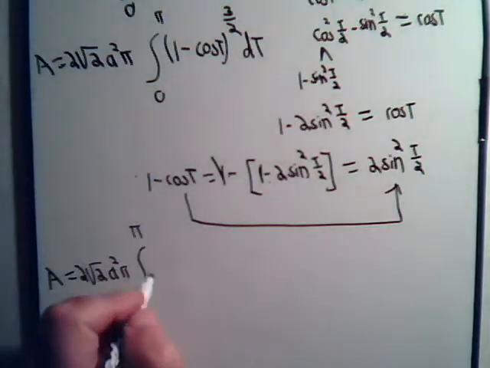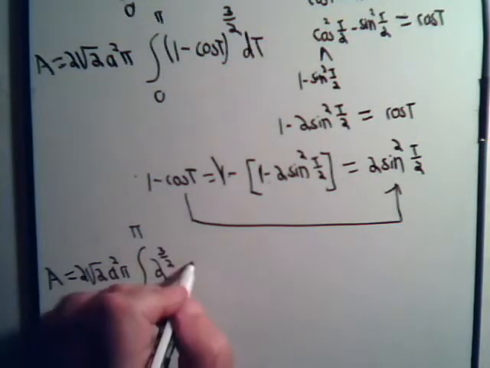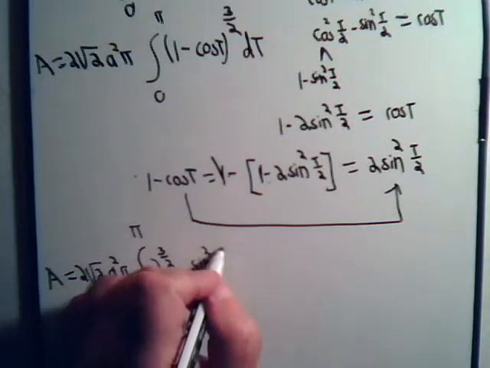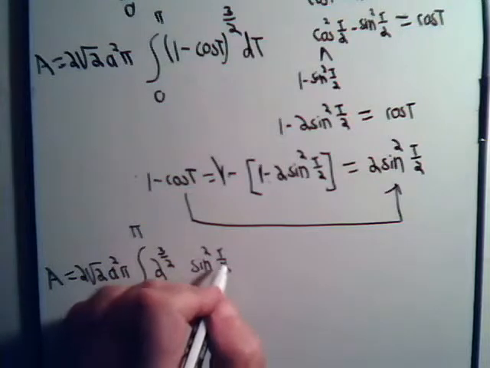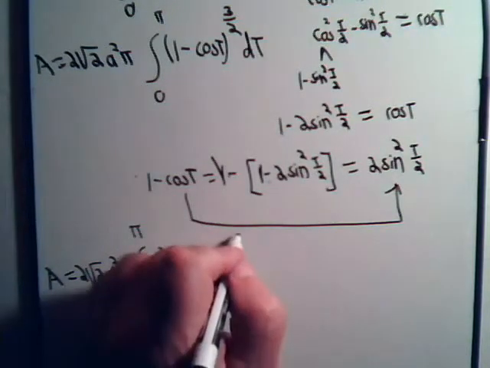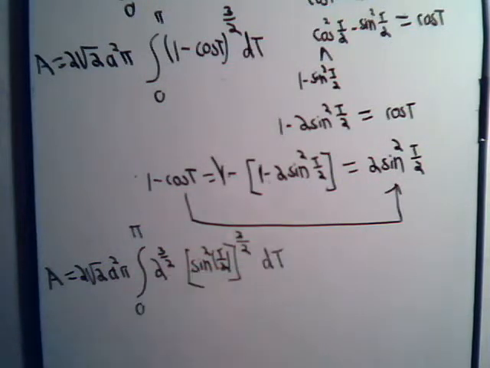So that's going to be 2 to the 3/2 power times the sine squared of t over 2 to the 3/2 power dt. So that becomes our new integral, and